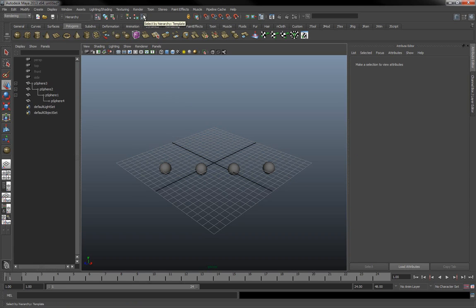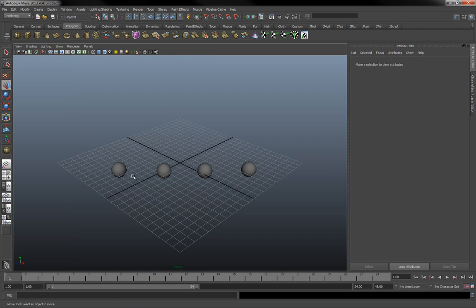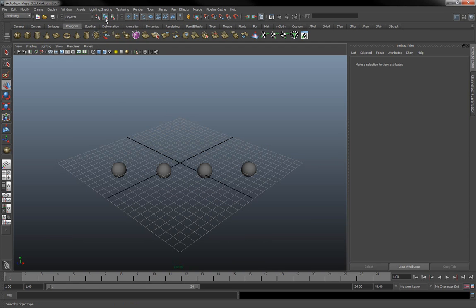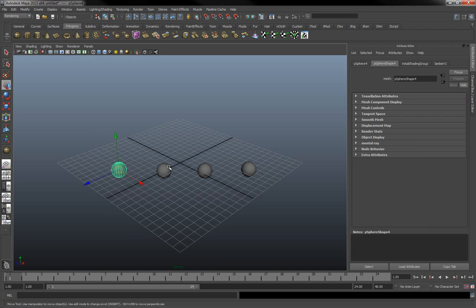So hover over this again, we can select it so it's templated. So go to the second option, which is object mode. Now, what object mode means, and don't worry if this menu's coming up every time I press space bar, we'll get into that later on as well. So what object mode means is if you have a polygon object, which are these spheres here, a polygon object,